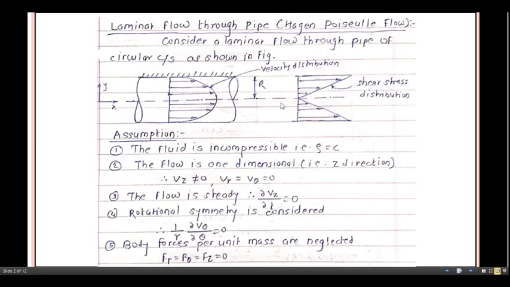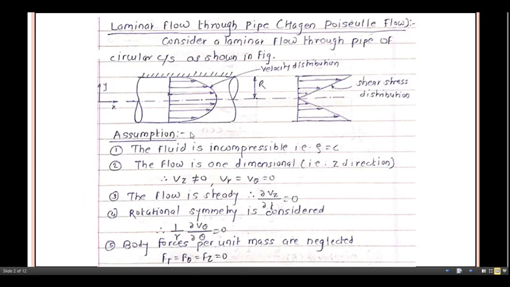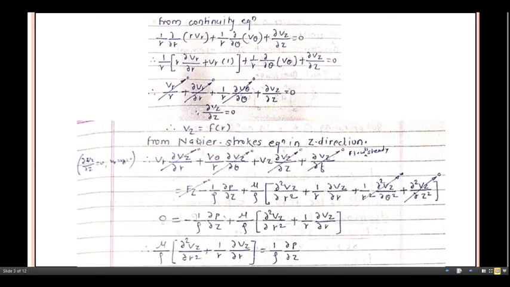In this case the flow is one dimensional, so we have considered only the velocity component along the z direction. That's why dabba Vz by dabba z equals 0. This term will only remain here. Now in this case, the velocity along the z direction is only a function of radius. Only a change in the velocity will occur when the radius of the pipe changes. So here we can write Vz is a function of radius, that is r.